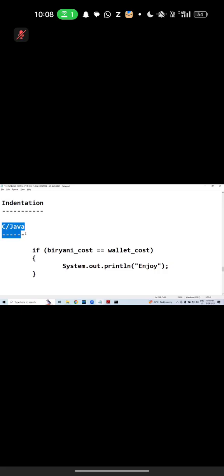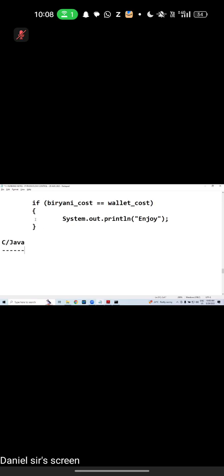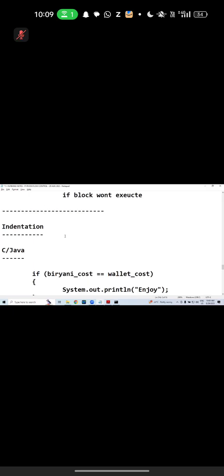But Daniel, we are from Python, right? So this syntax is different. In Python, what is the exact syntax? Take the condition. Instead of starting and closing, in one shot, you can provide a colon symbol. Go to the next line, indentation. This is so called indentation, sir. Then you can write the statement. Print, you can write what exactly, sir? Print, and here you can write enjoy the biryani. That's what you need to understand. It's nothing. Indentation means separating the code. Separating what, Saji? Code actually. Are you clear? Good.